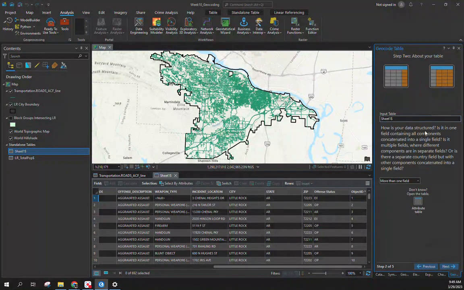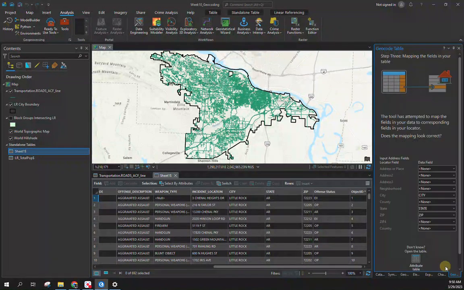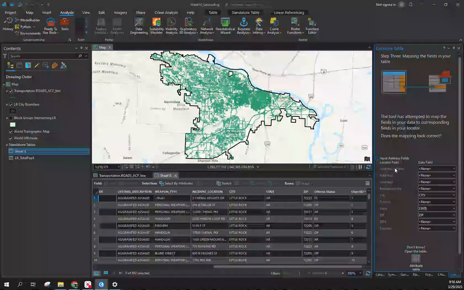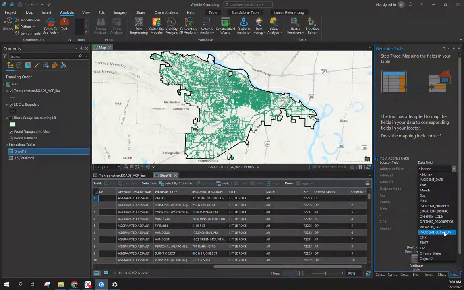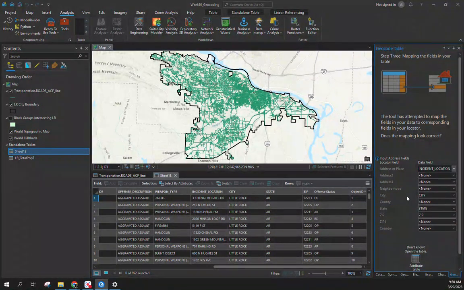Next, sheet one, and when it's asking here if it's one field, field and country field, or more than one field, it's asking how's the address essentially stored. If you look in here, I have an incident location, which is the address, city, state, zip. So it's across more than one field. So I want to keep it as this. With it, it's now asking you to fill those out. It's pretty good at matching city and state and zip. If I would have kept address or changed it in the Excel sheet to say incident address or just address, it would have probably picked it up here. Here, I'm just going to specify that this is the incident location. Scroll down,